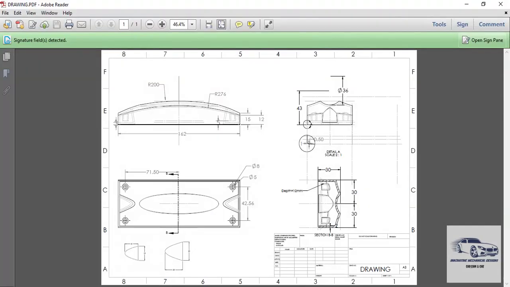Next we have to create this particular sketch. This one, this is basically a cut, again a lofted cut, because here in the top view we can see that we have got two different sections. The first one is this and the next one is this. So this particular cut is starting at a height of 3 mm from the base plane.